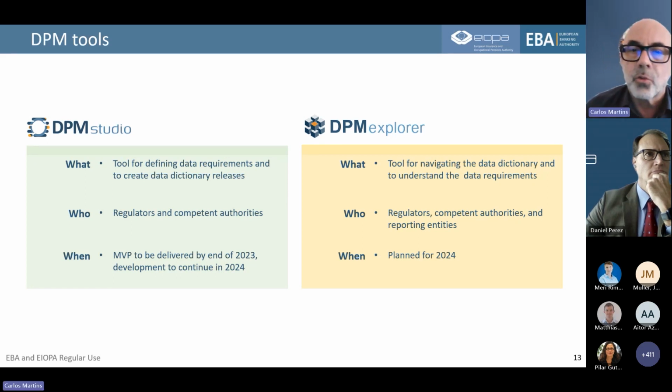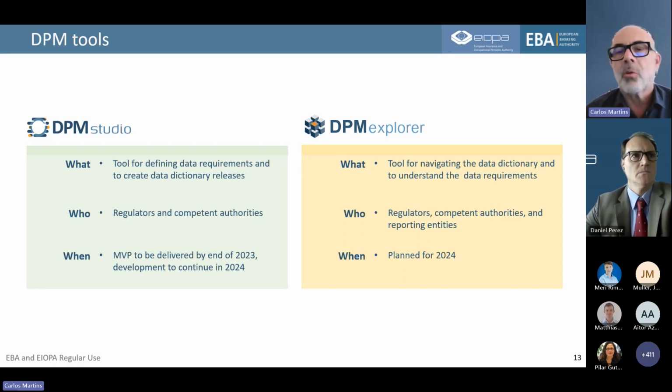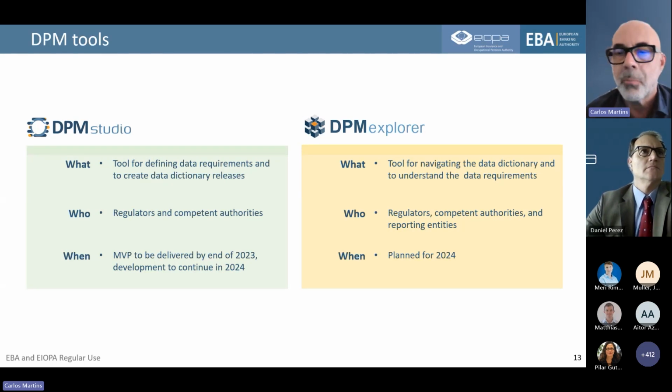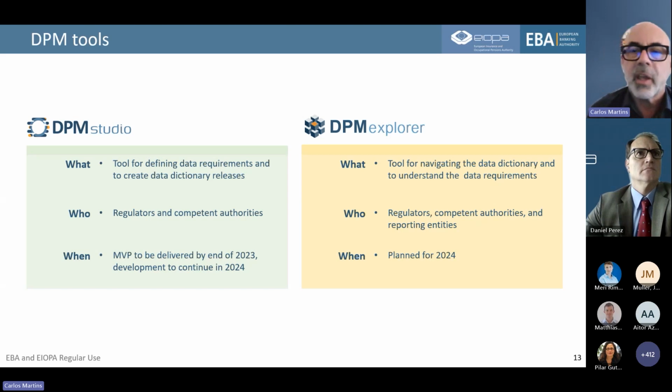We have another tool planned, so we have not started anything yet, which we call DPM Explorer. This one is a different tool because it's aimed to give any stakeholder that needs to use the DPM a way to understand the concepts and navigate through the data dictionary.